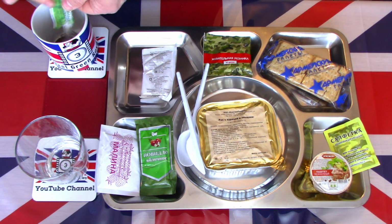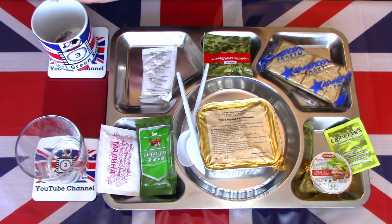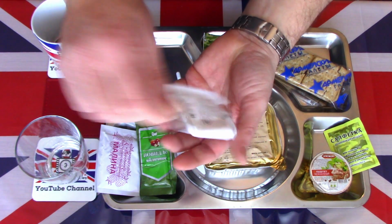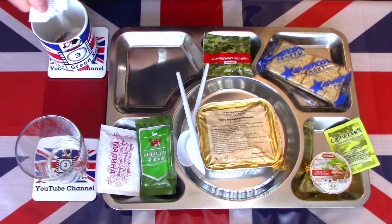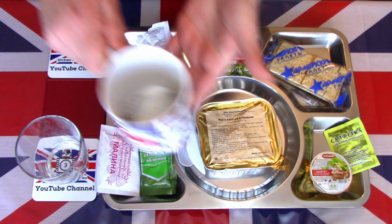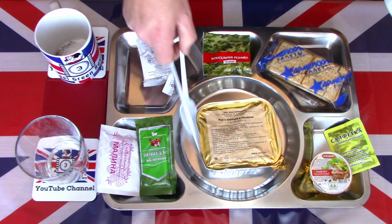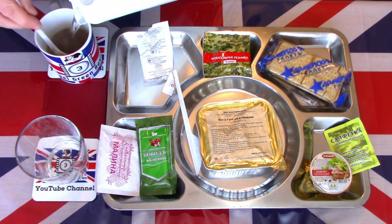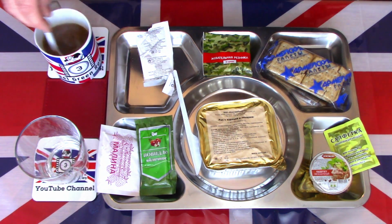So these are a year past their so-called expiry dates now, so I expect some of these things to be a little bit damp, but that was fine. And there was 3 large packs of sugar. I won't be needing that much, I'll just take a little off the top of this one. About a teaspoon, which is about my usual sort of amount. So standard looking coffee mix there. I'll just use the spoon, and to give it its best option I'll do about half, slightly over half a mug,